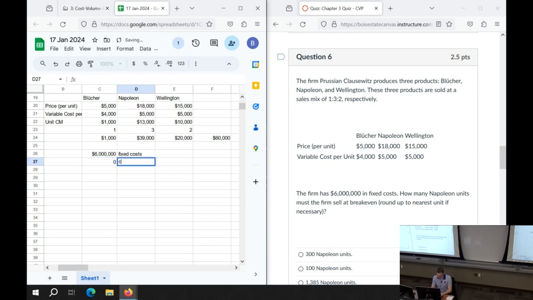And just for completeness, drive the point home even further. Target profit, of course, is 0 because it's a break-even problem. I'm so used to in Excel having to hit F2 so I can go back, that in Google Sheets here, I don't have to, and sometimes I hit it, and then it's like, oh, you don't want to go back. You want to scroll cell to cell. Anyway, 6 million as our numerator, the amount we have to cover.